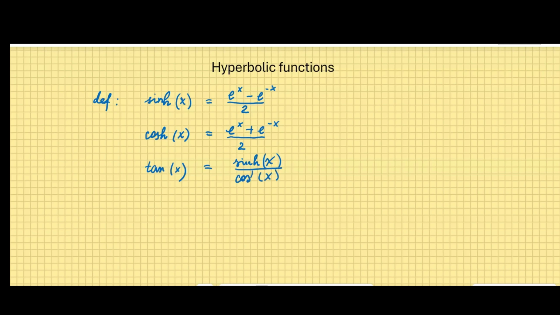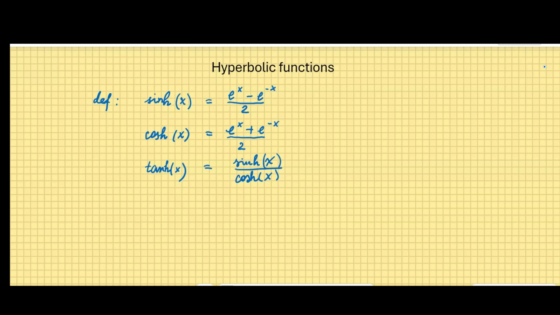And this is going to be the first similarity between hyperbolic functions and trigonometric functions sine and cosine. You see the tangent hyperbolic is defined as a ratio between sine and cosine. There are going to be more similarities, and that's majorly why people call them sine, cosine, and tangent hyperbolic. And I'm sorry, I forgot to put a little h over here. Well, besides sine, cosine, and tangent being defined this way,